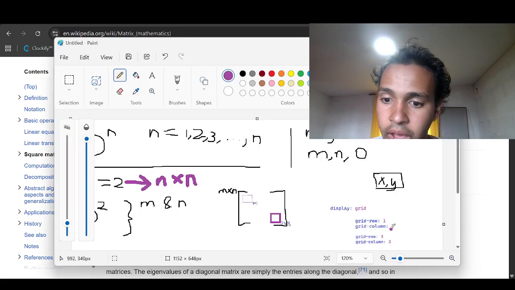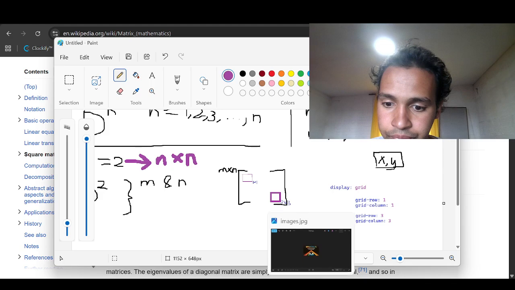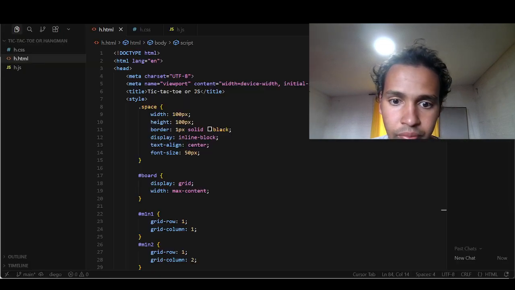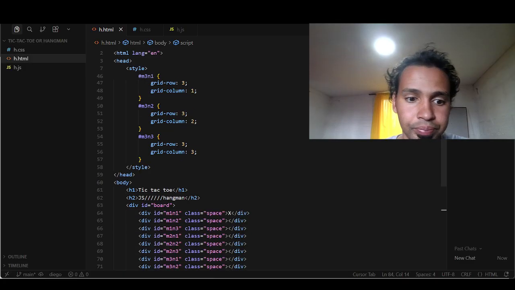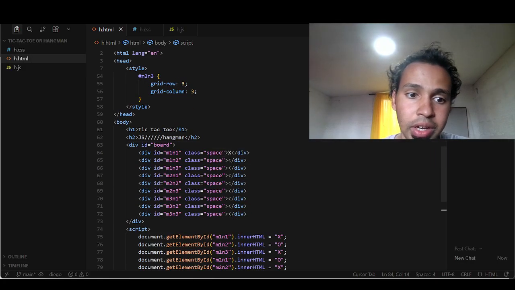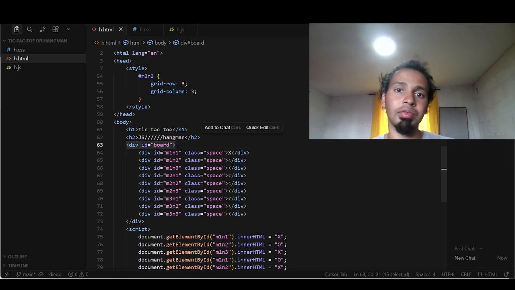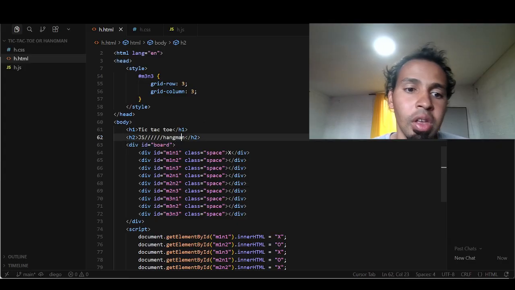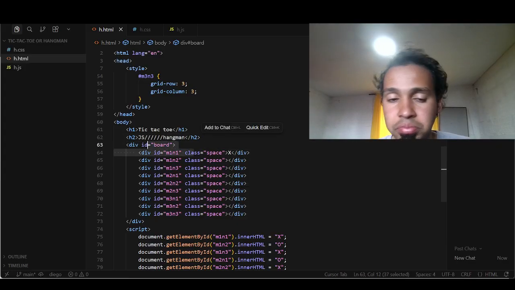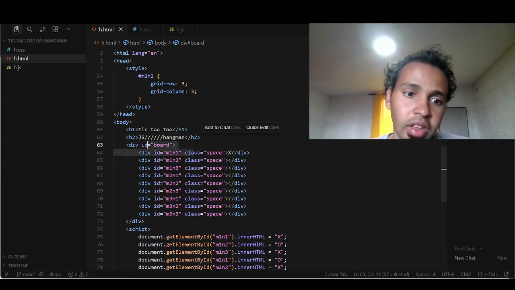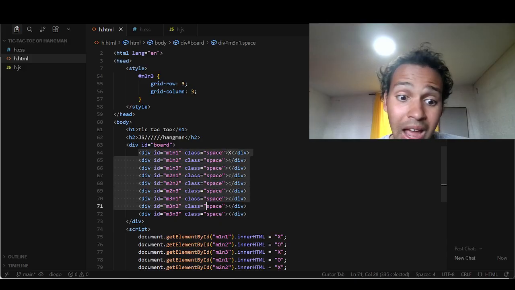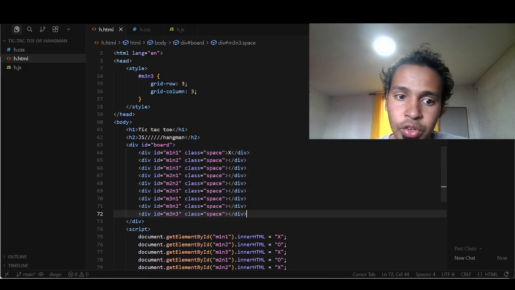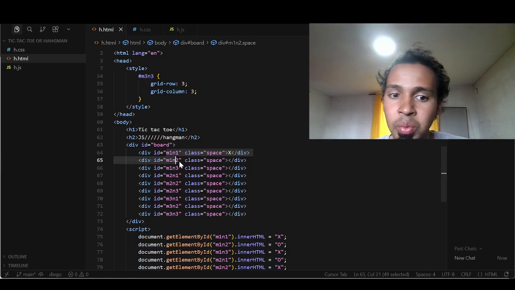Here we go. So I'm going to show you now the code. And so what I did was I basically created a bunch of divs. First of all, I created a larger div, which you can think of as a larger matrix. I called it board because it's a board. And then you have a bunch of divs, 9 divs altogether. And you can see that the first one is M1, N1. The second one is M1, N2. The third one is,